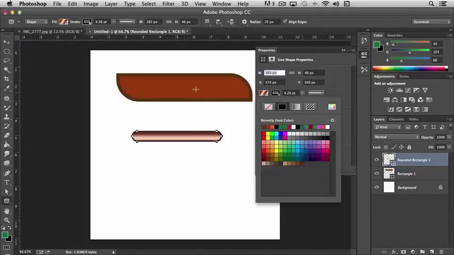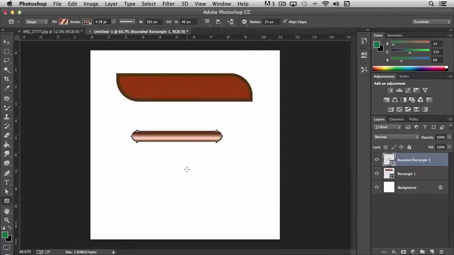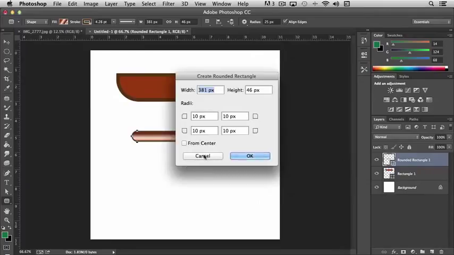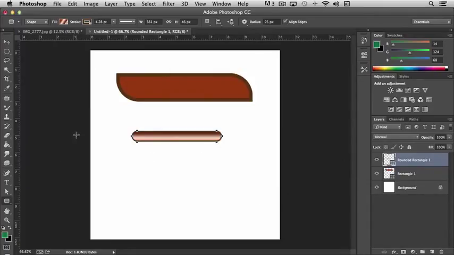And color-wise, let's choose maybe a brown. And so now whenever I deselect the image, I'll just click off of that layer. We basically have a three-dimensional shape, and what's cool about it is that we can edit this and scale it